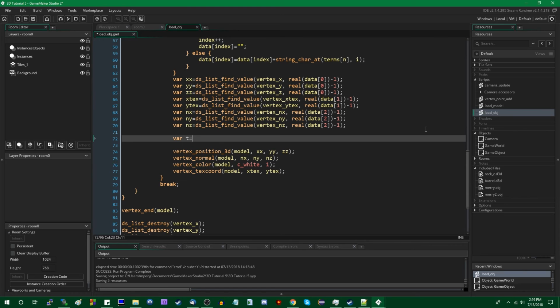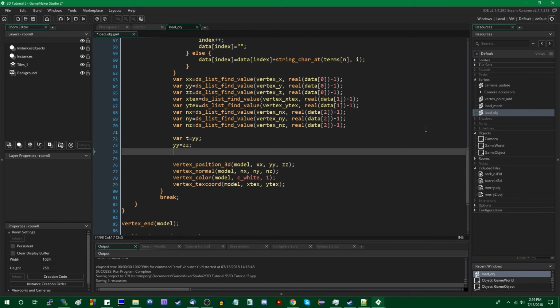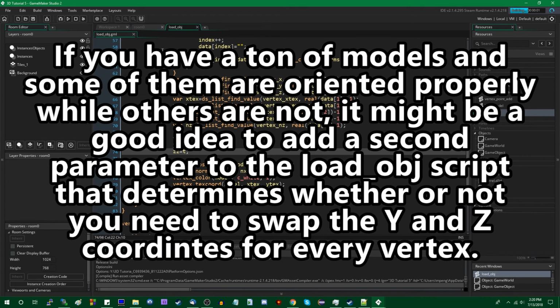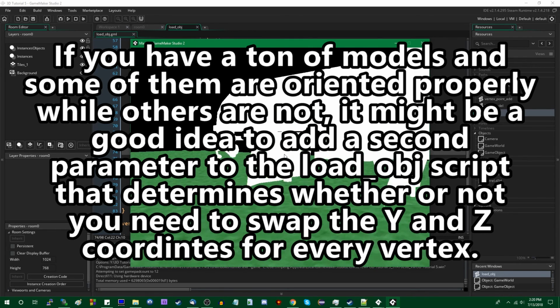Var t equals yy, yy equals zz, and zz equals t. You could swap the y and the z positions for every vertex, and I believe this will be upside down. Again, because of the way that I configured my 3D camera. Yep, that's an upside down Going Merry.